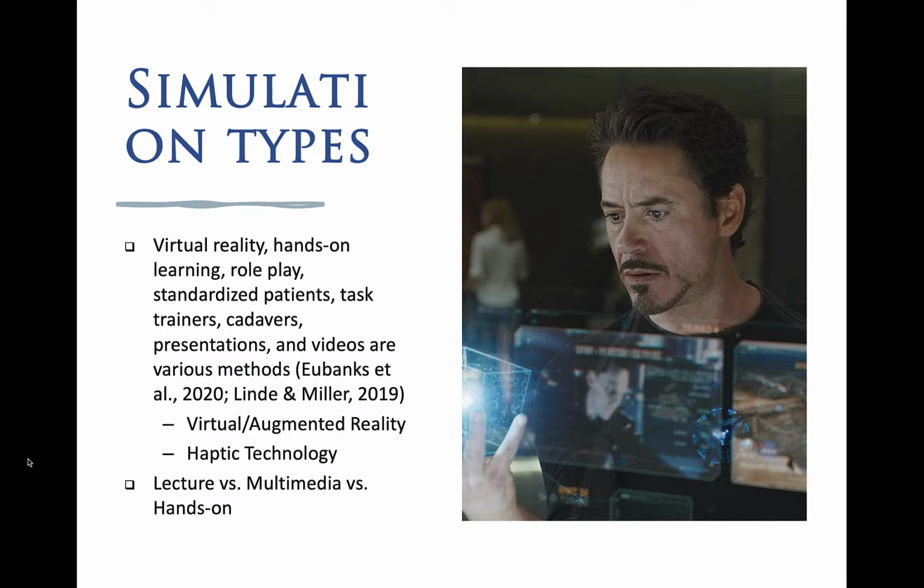Now, haptic technology is that tactile feedback that provides a sensation on the skin. So when you see Tony Stark creating these different databases and modules on the screen, that's a form of haptic technology. It's the manipulation of virtual objects or tactile feedback immersed in a simulated setting that allows mastery learning achievement. Now, using augmented reality or the haptic technology, it is possible to detect fine motor skills during the augmented